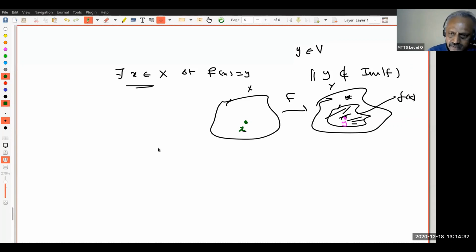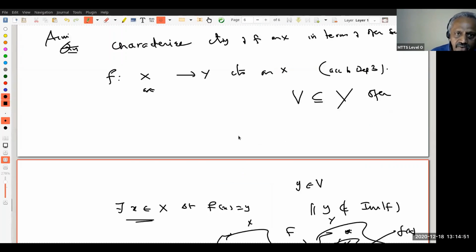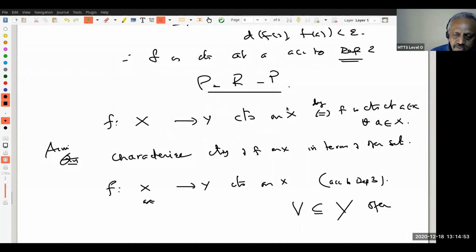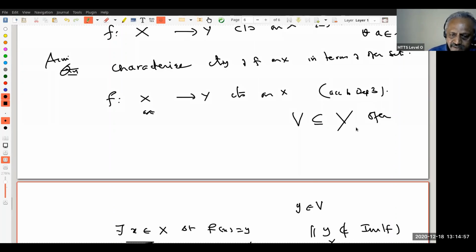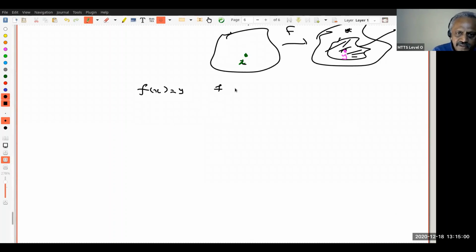Are you following? Okay. Now, what do I know? What I have is f(x) equals y. Since f(x) is equal to y and f is continuous on X, what is our definition of continuous on X? It is continuous at each and every point. Therefore, f is continuous at x in particular, right? Since f is continuous at x